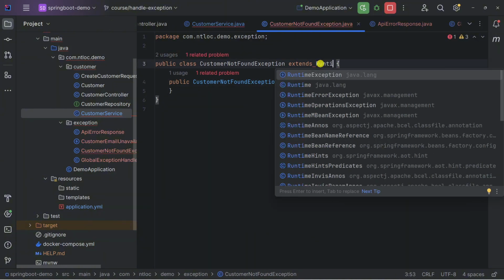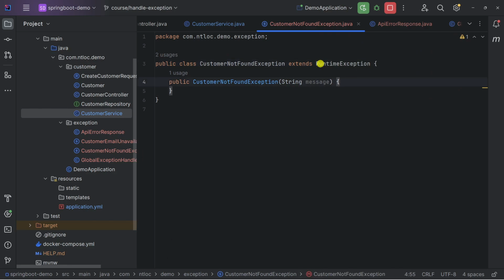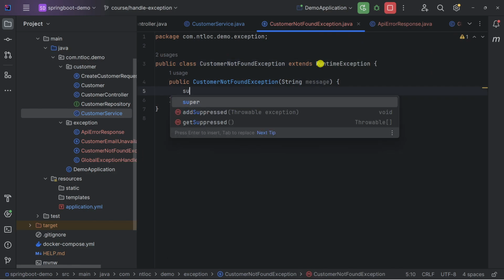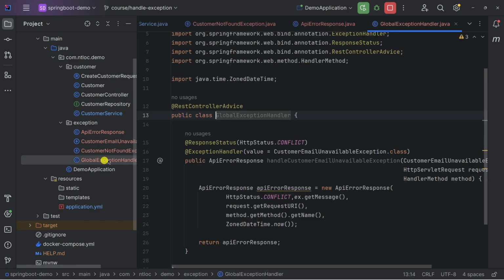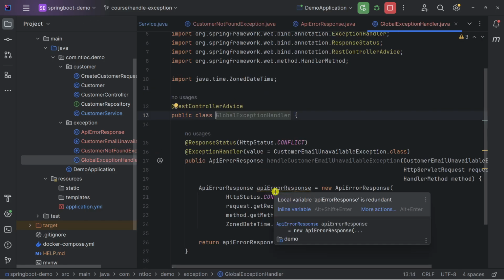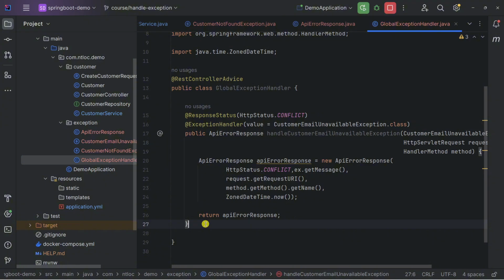Let's change it to message. Also extend runtime exception, and inside this constructor I will simply call super and pass the message inside. Now go back to the global exception handler, and under this method let's create another one.